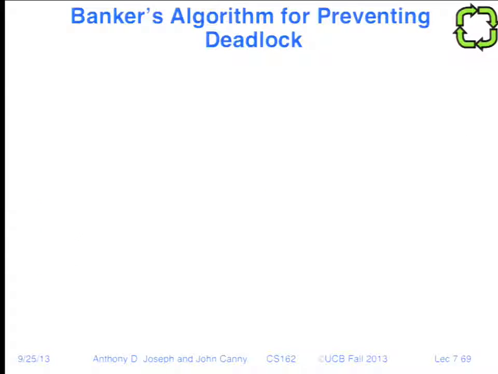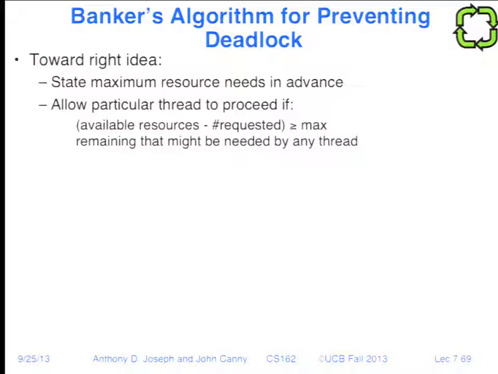All right, so the last topic is building on this idea for deadlock detection with multiple resources and making it dynamic so that it can be used as a potential deadlock detection algorithm. The idea is to require a bit of extra information from the threads about what resources they might use in the worst case, and then making sure that your available resources are at least enough to fulfill the requests